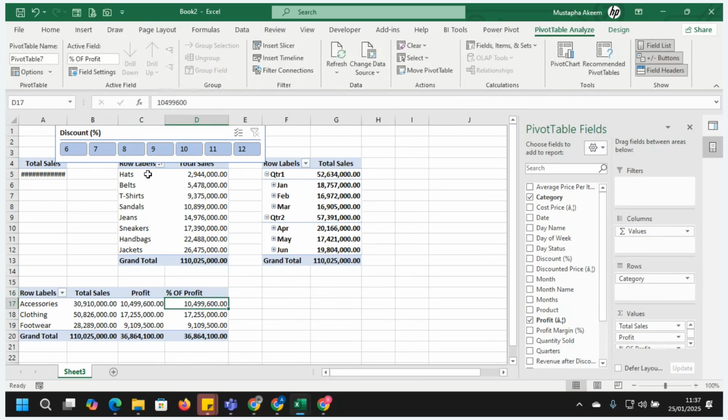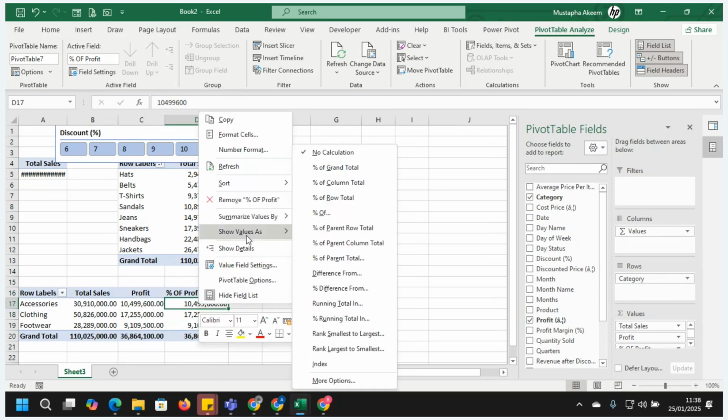I want to get the row by row of the base. Now I can say okay. Oh, what am I doing? Sorry, I think I'm doing the wrong thing. What this can do for us is the percentage of profit by whatever.